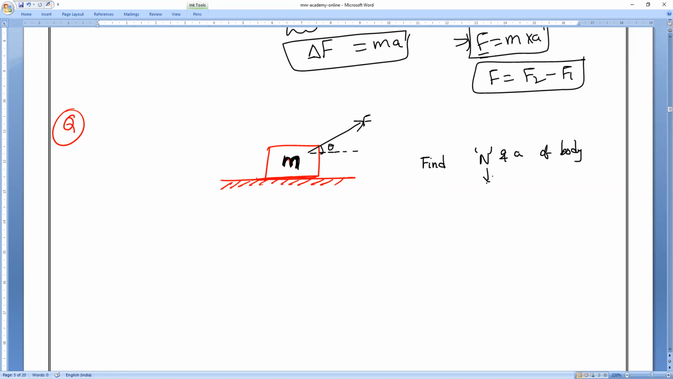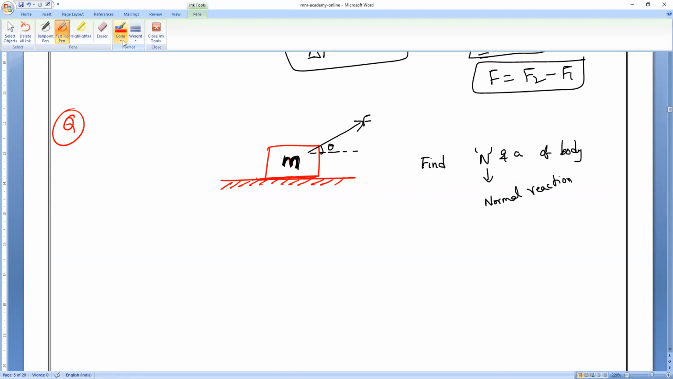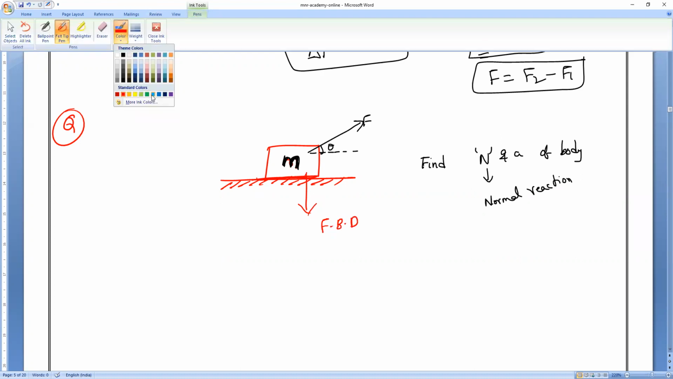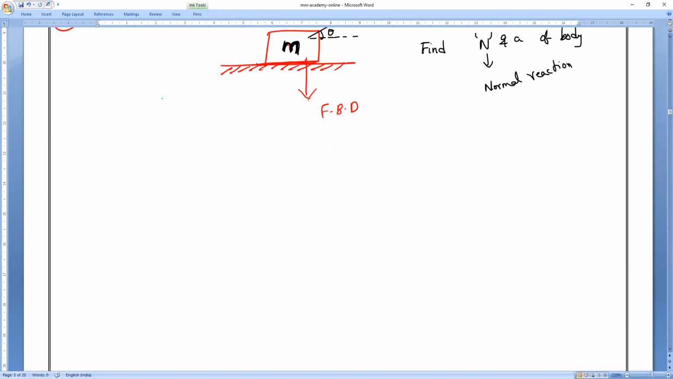Normal, N means, keep it in mind, normal reaction. What does N mean, everybody? Normal, which is always perpendicular to the surface. Now, immediately here some force is acting downwards. If this is the question, then we all know that, let me take this as an FBD. So FBD means what? You all should speak. FBD means free body diagram. So let us imagine that